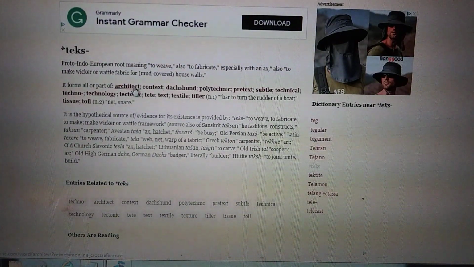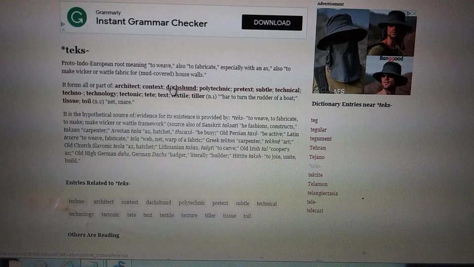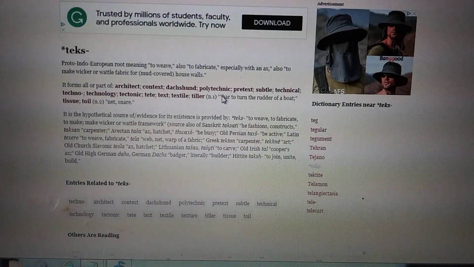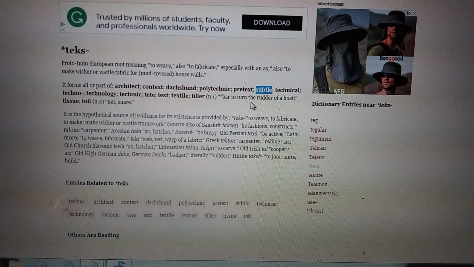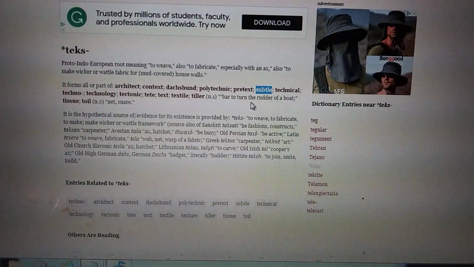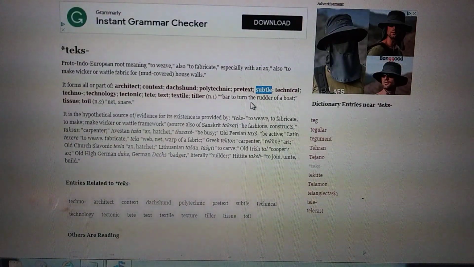No, it isn't Cheops. I can't remember what his name is. Anyway, context, and then you've got dashmund, and then you've got polytechnic, pretext, subtle, technical, technology, tectonic,